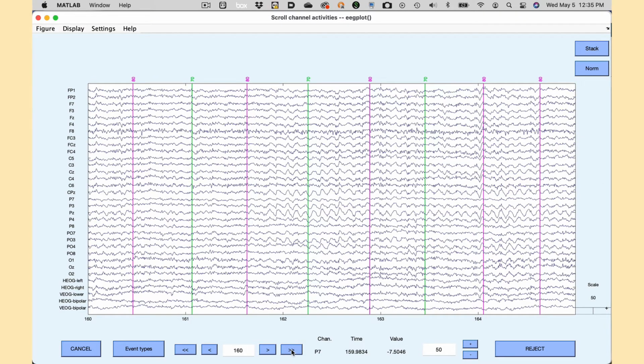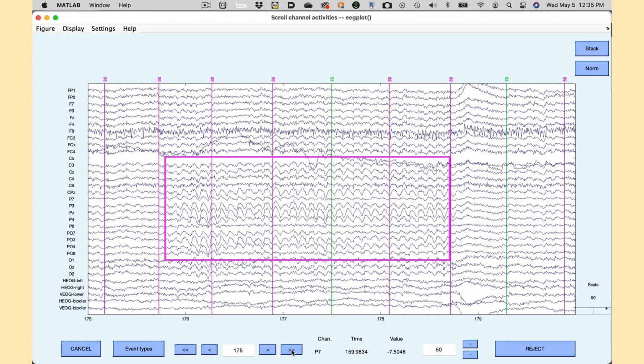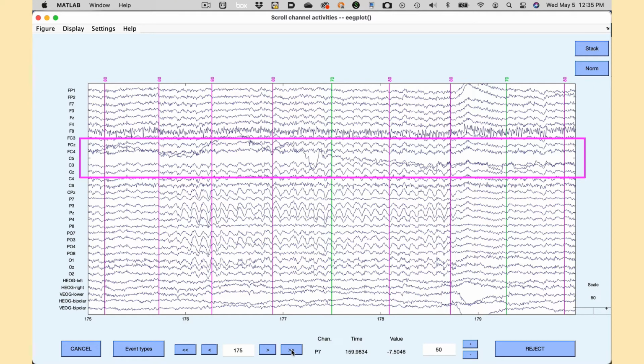Now let's look at this segment between 175 and 180 seconds. We see a lot of alpha, but that's normal. It probably means the subject is getting a little drowsy. If I were doing the data collection, I might offer the participant a caffeinated beverage during the next break. And here's a blink at 179 seconds. Occasional blinks are perfectly normal. We can also see more drifting in the C5 channel. I'm definitely concerned about that channel.